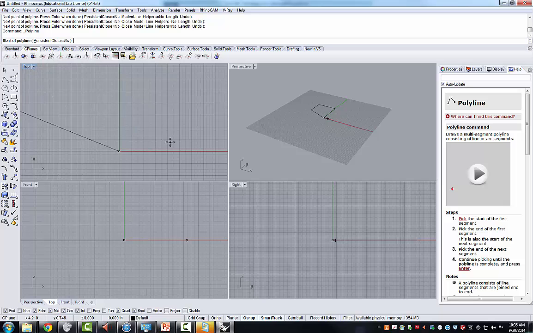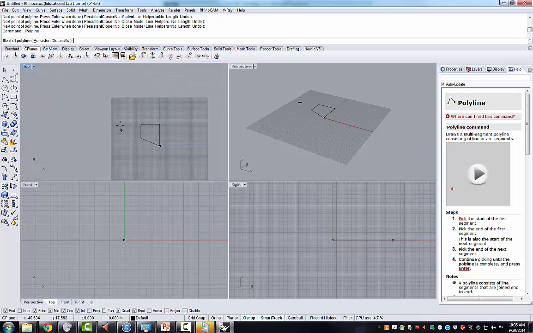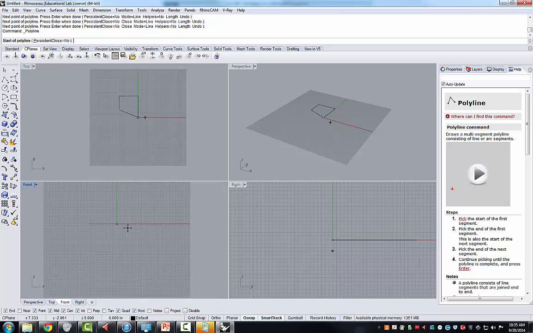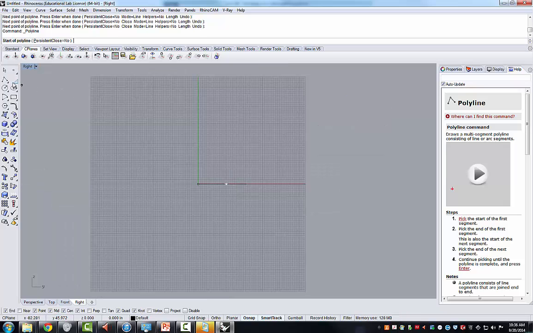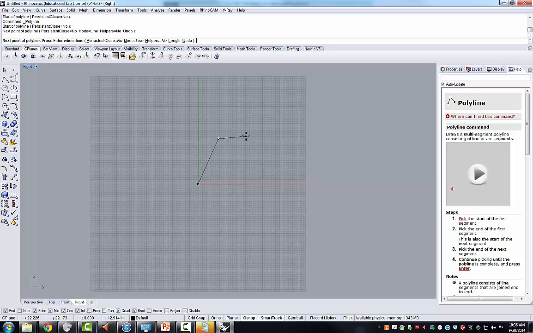So I'll go back to the top viewport, and I will use the scroll wheel to zoom out. And you can see the polygon that I drew there from the top. We can also see it in the front viewport, if I click there, from the side, in which case it's flat and we see nothing. And the same holds true for the right viewport. But if I were to start drawing now in the right viewport, and I were to draw again some sort of polygon,